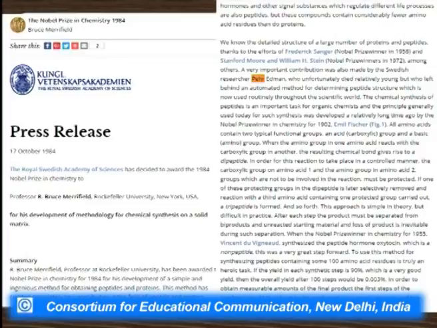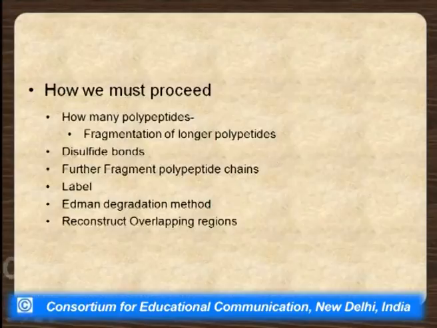So, there are two researchers who benefited from the work of Per Edman: one is Bruce Merrifield, who received the Nobel Prize for peptide synthesis, and another definitely is Frederick Sanger, who later modified this technique, and it is known for protein sequencing. So, Per Edman developed the technique in principle, and we will see what the components of this technique are.